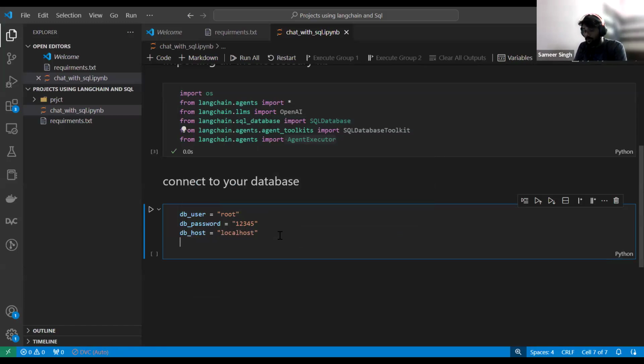Then we need something called DB name. If you remember, the DB name was the AHI database we had, so the same thing I'll give here. I hope these four lines are clear for everyone, right?